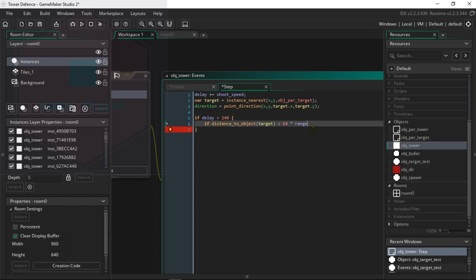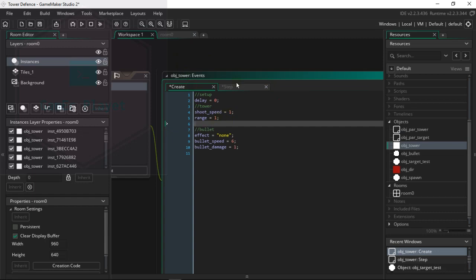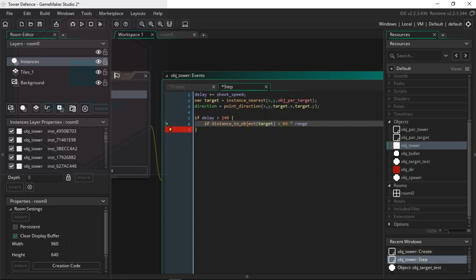So if I increase that range to like 1.5, it's going to be 64 times 1.5, meaning it's going to be 50% more than 64, meaning if that is true, so it's within that range, so it's close enough, meaning it's gonna